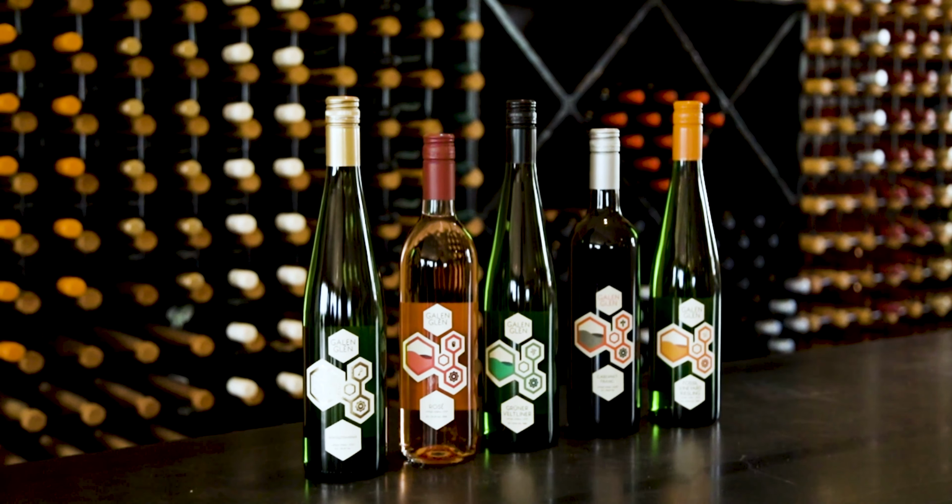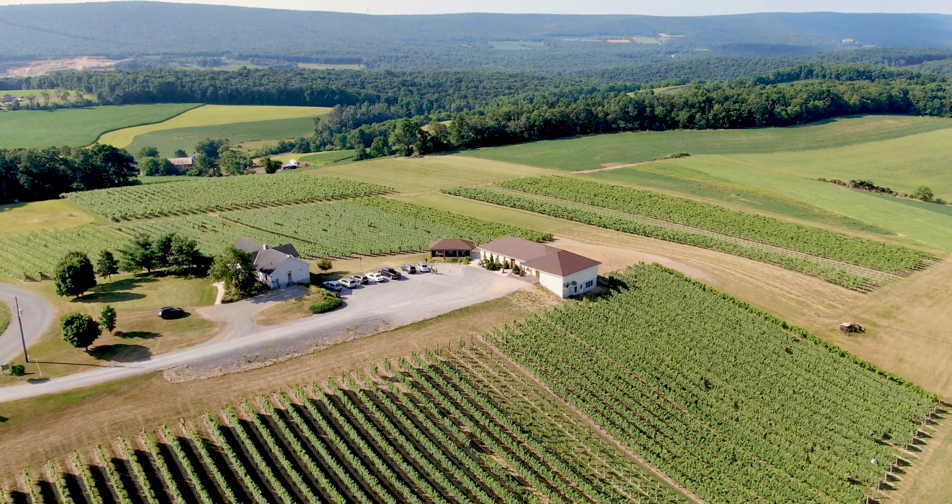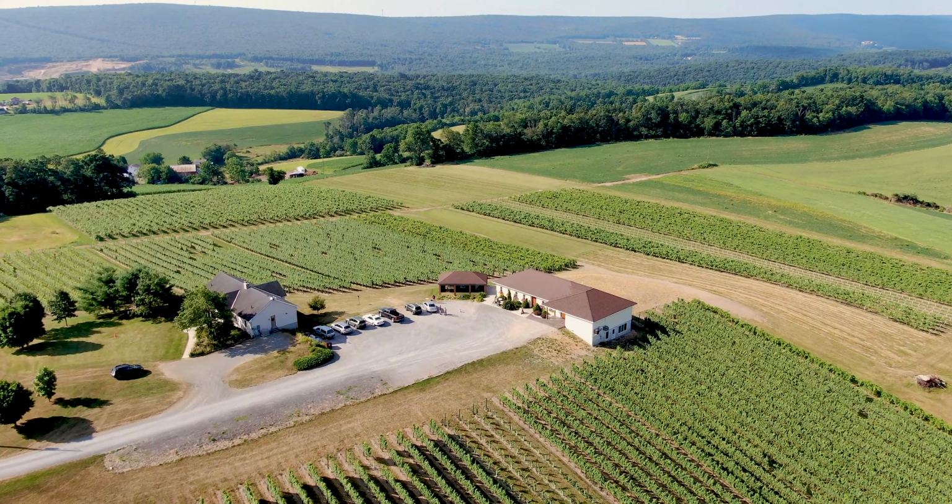One thing that really excites me about wine production in Pennsylvania is the production of aromatic white varieties that make dry white wines like Gruner Veltliner, Dry Riesling, and Gewürztraminer. These wines are being pioneered very much so in Pennsylvania and